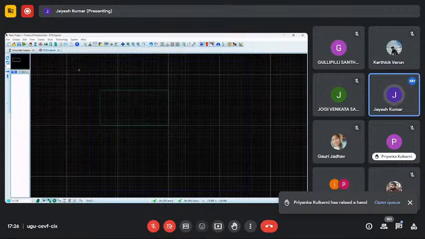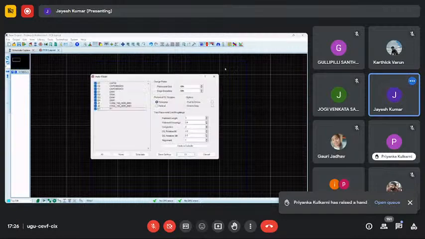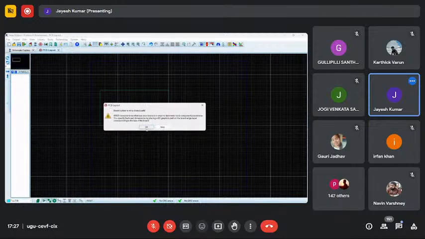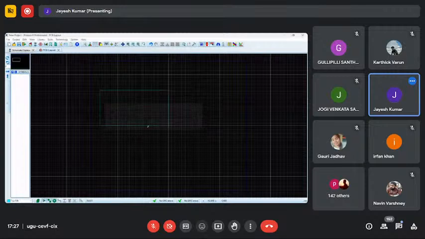And now I'm using the auto placer. If you have made any mistake in your component selection, then the click part is not showing for that component. So whenever you are importing any component from schematic to PCB layout, it is better to check that all the components are correctly packaged and imported to the PCB layout. Okay, so it needs a border edge, and again I have to go for